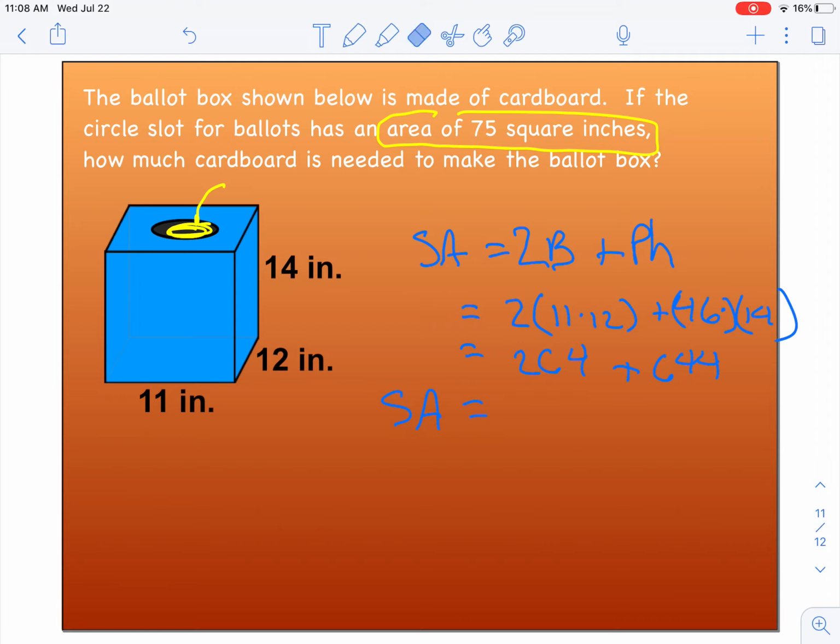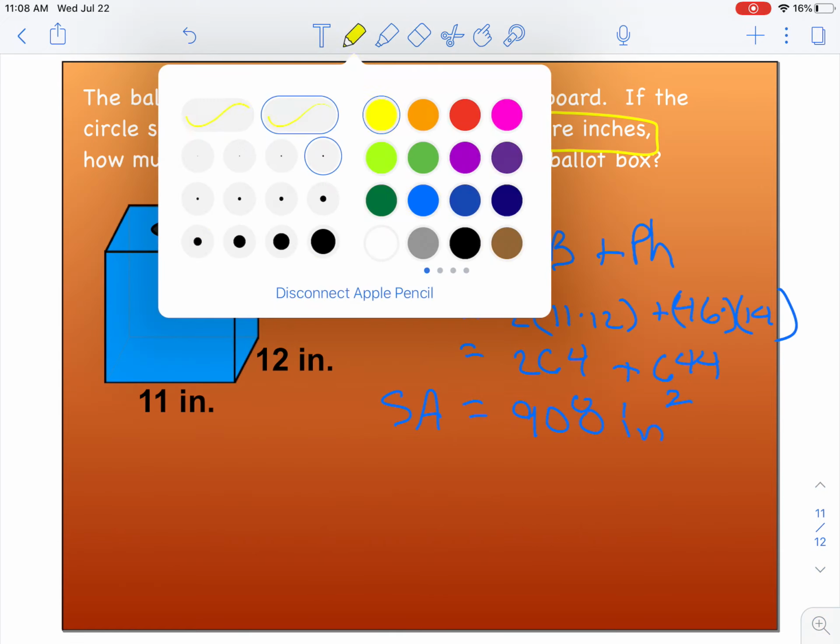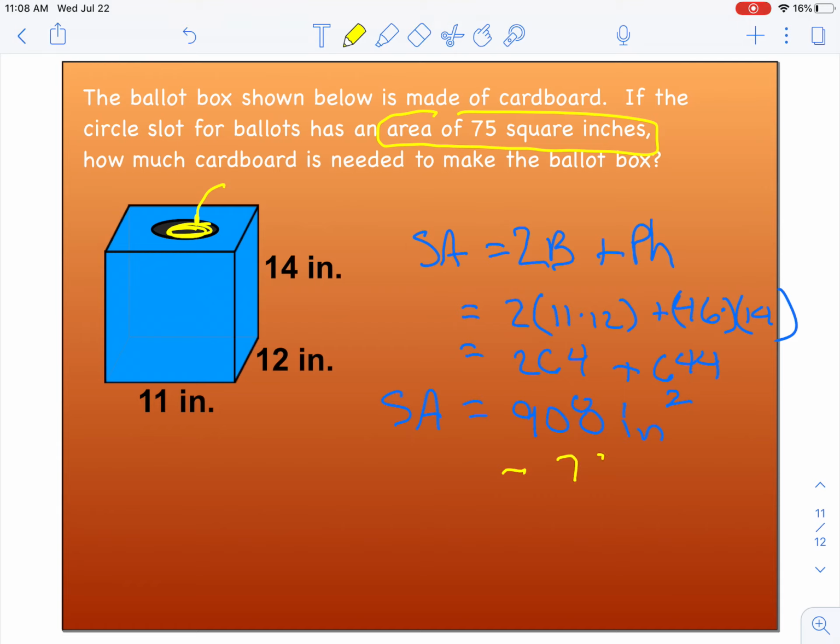Whoops, I forgot to add those together. 644 plus 264, which gives me 908 inches squared, because it's surface area. And then I'm going to subtract the 75 square inches, and that gives me 833 square inches of cardboard to make up that ballot box. All right, that is the end of section